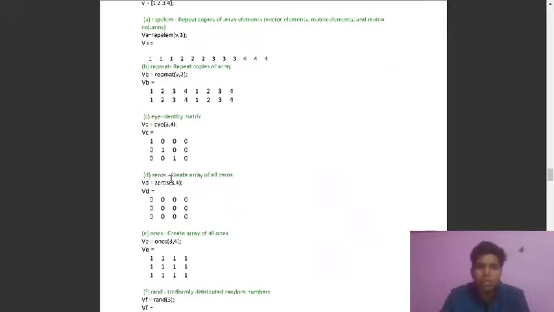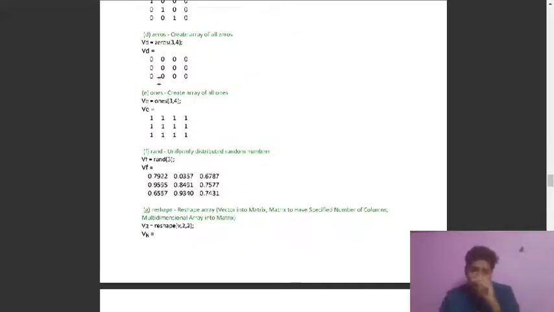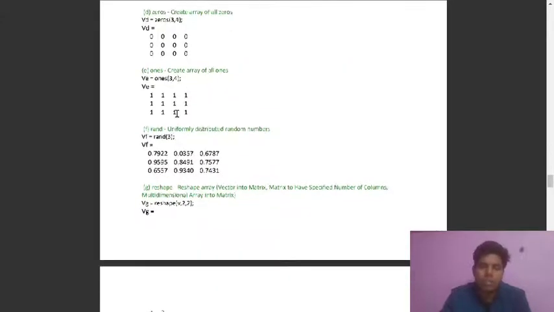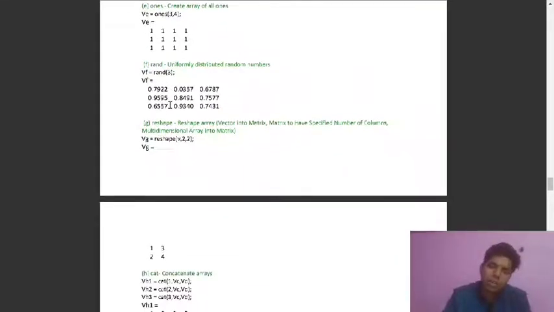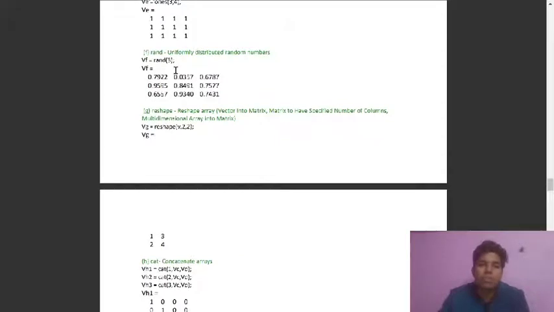Okay, so this is the third part, C. Here we have to use eye, which is for the identity matrix. So this will create 1s on the diagonal and 0s elsewhere. 3 we are giving as a 3 by 4 matrix. This is zeros: we use zeros to create a zero matrix of the desired rows and columns, 3 and 4, you can see. And this is ones, so it will assign every element of our matrix as 1. We are creating a 3 by 4 matrix, 3 rows 4 columns, and it will assign all the values as 1. Then we have to use the rand function. What rand does is it gives uniformly distributed random numbers from 0 to 1.